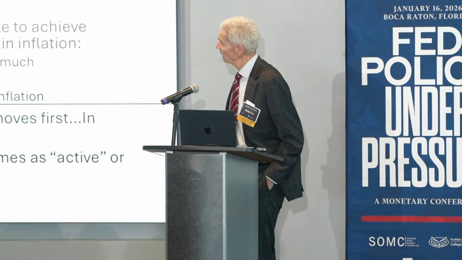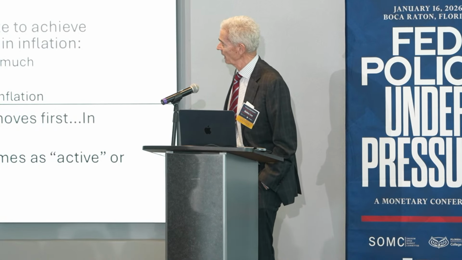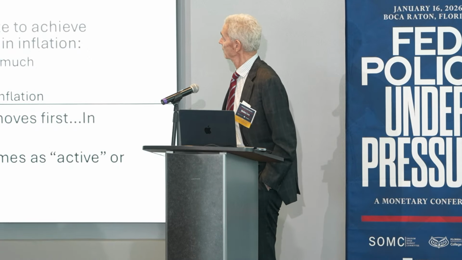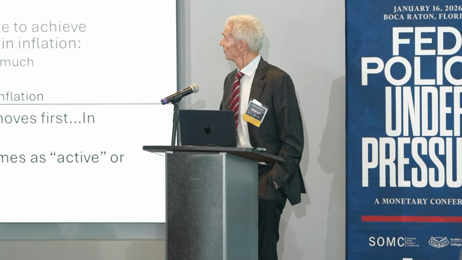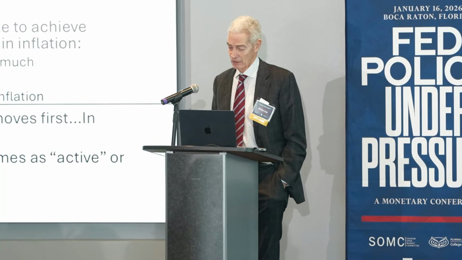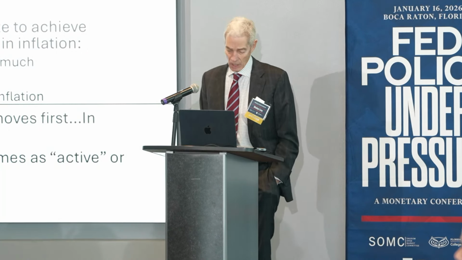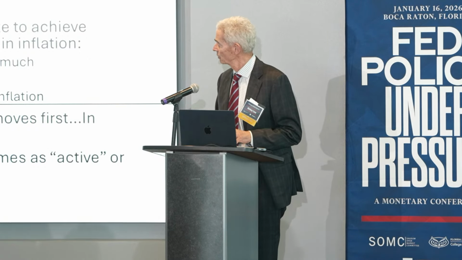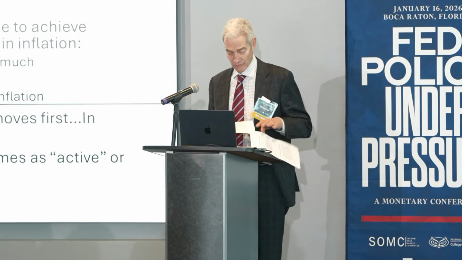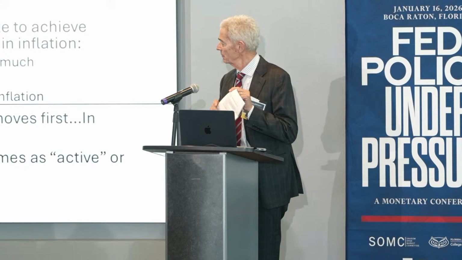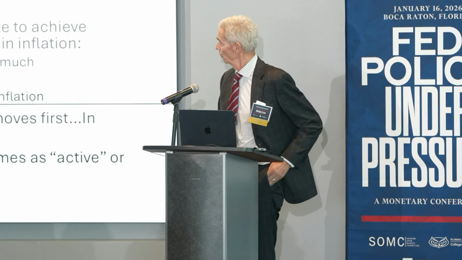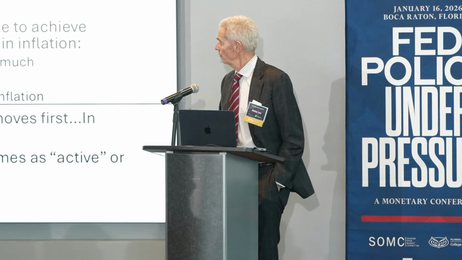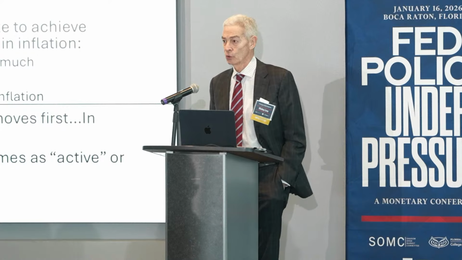So in 1981, in a path-breaking paper, Sargent and Wallace set up a game theoretic model that pitted monetary dominance versus fiscal dominance to determine policies and outcomes. And they showed that monetary authorities must dominate to achieve desired price stability, while fiscal dominance results in inflation in different ways. And they posed the following conflict, quote, which authority moves first? In other words, who imposes discipline on whom?